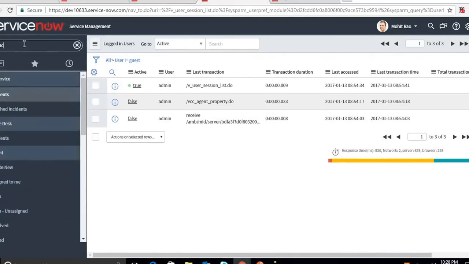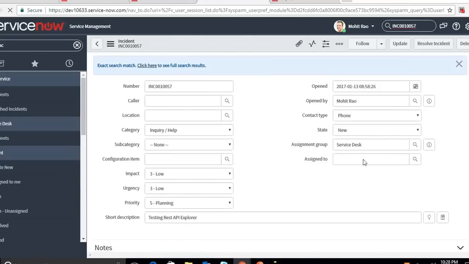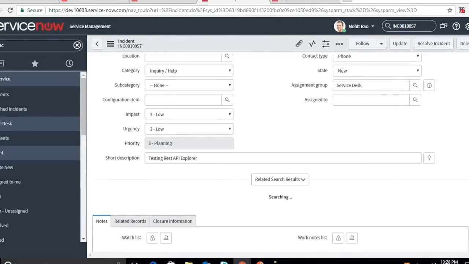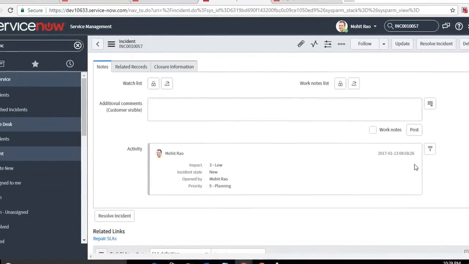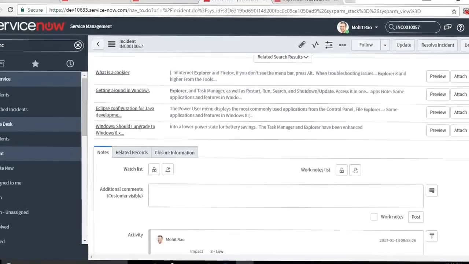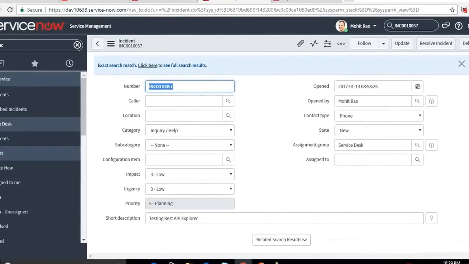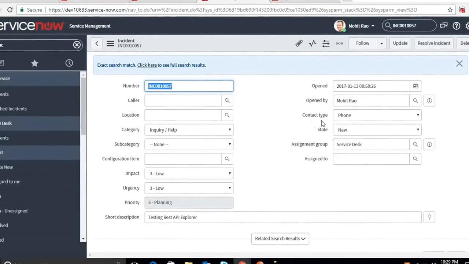I'll go to incidents, or maybe I'll just search here. Testing API Explorer. Nice. You have created a new record and assigned it to the service desk group. You can even assign it to my name directly.